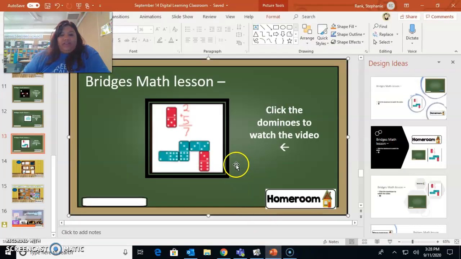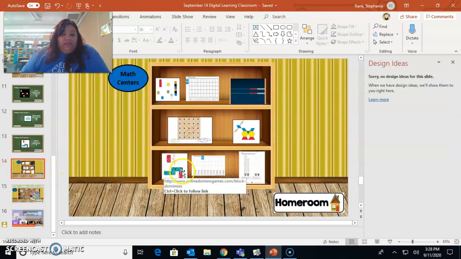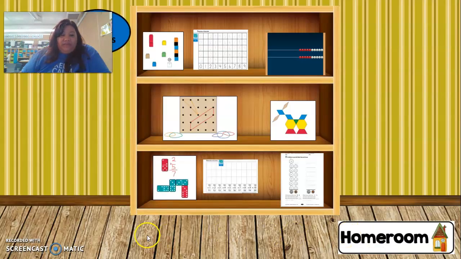Hey friends, I just wanted to show you, if you are struggling with the paper copies of playing the domino game, if you click down to our math games, remember that you have this here. So this is a picture of dominoes and it will bring up